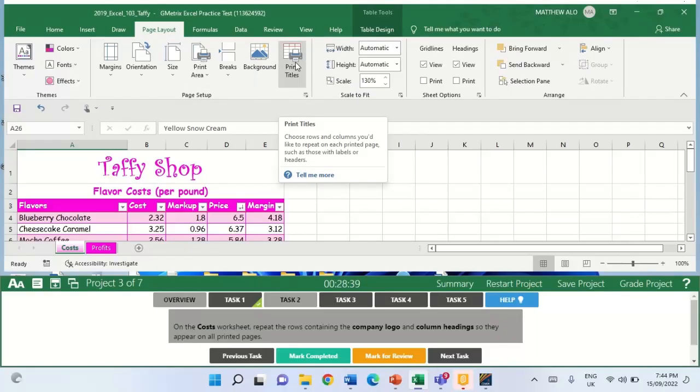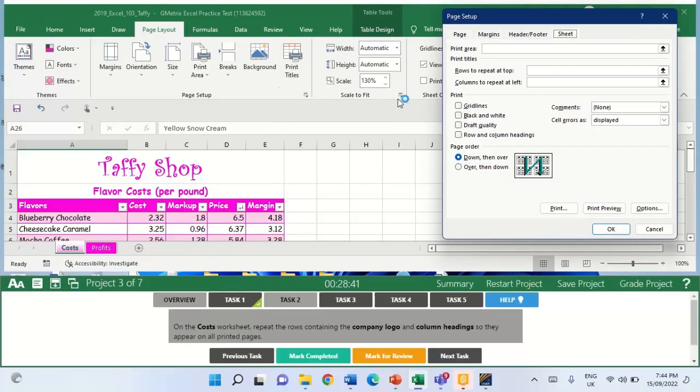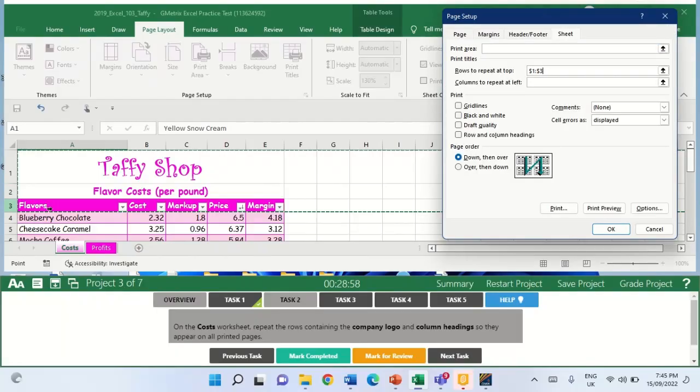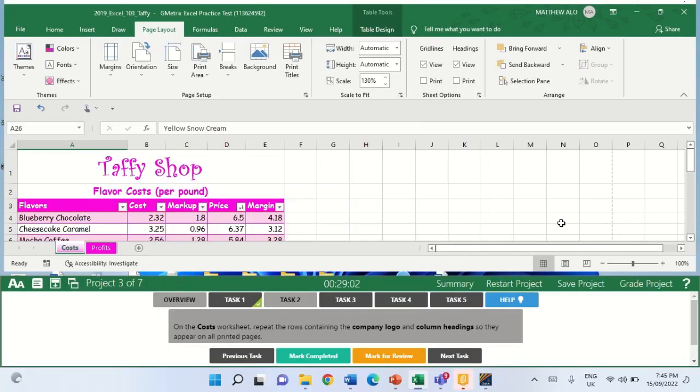See Print Titles, select it, then you click Rows to repeat at top, and you select the rows containing the logo and company and column headings, and you select OK. So task 2 mark completed, and task 3